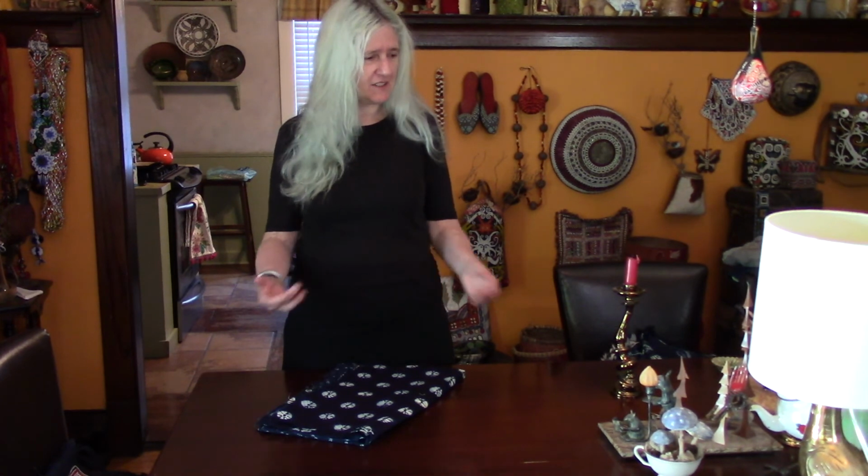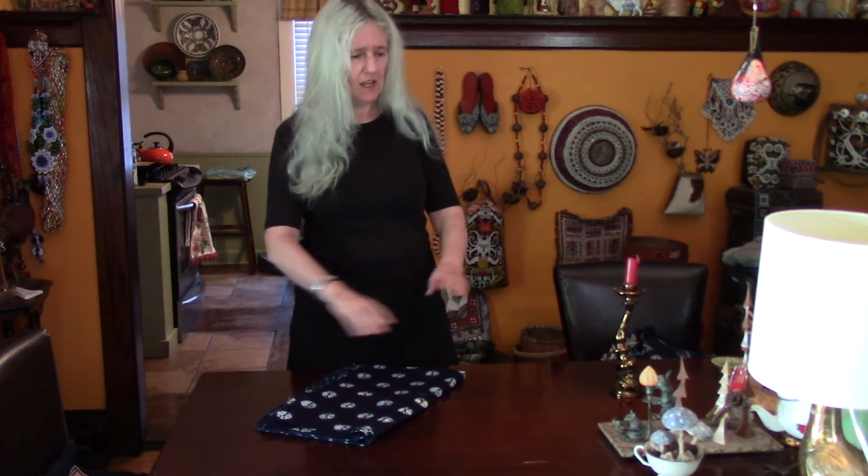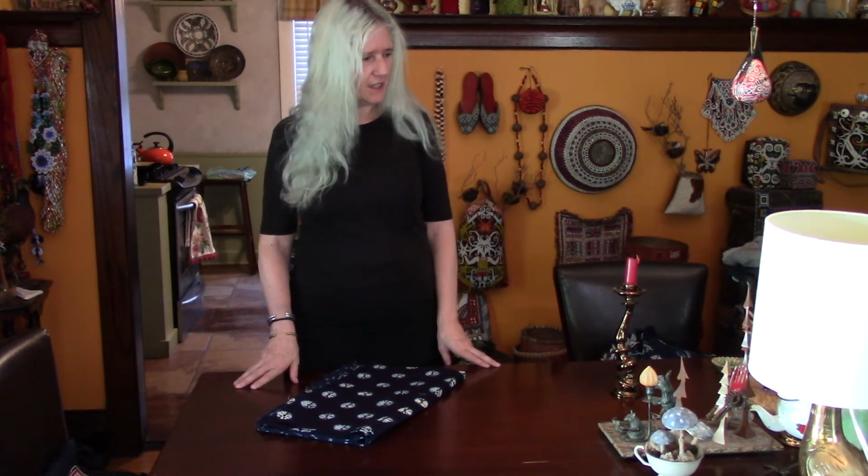My home. Just like everybody else in the pandemic, I have had to make space, and right now we're in my dining room. If you're wondering what space this is, back into the kitchen. I cleared off the end of my dining room table, which has been serving as my work area, to show you some textiles. Indigo dyed textiles, and that's what we're going to start off first in this dyeing unit in